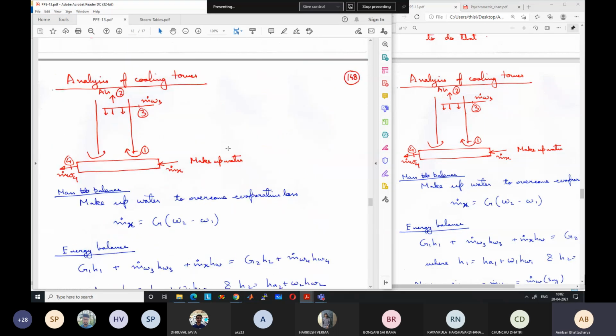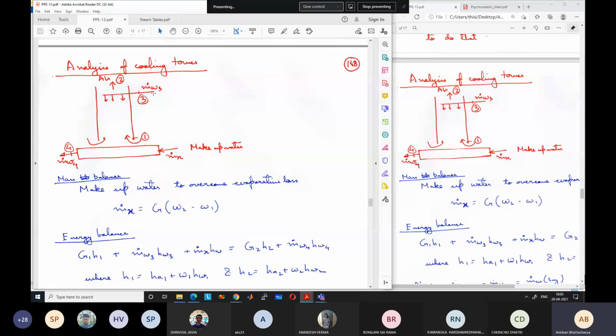So let us continue. Let us assume a cooling tower like this schematic diagram. We will ignore the hyperbola shape and just consider the evaporation that is occurring. A mass flow rate of water equal to m dot W3 comes in, at condition 3. This comes in from the condenser, so it is at a higher temperature. I will also put some numerical values so that you get a feel for them. Let this come in at 30 degrees centigrade, with a mass flow rate of say 5000 kg per second.